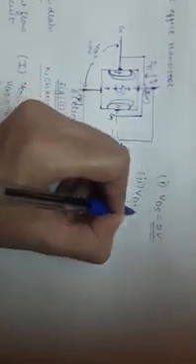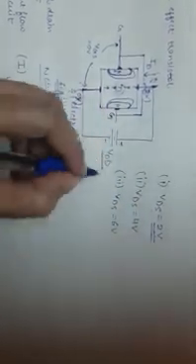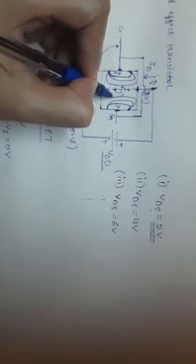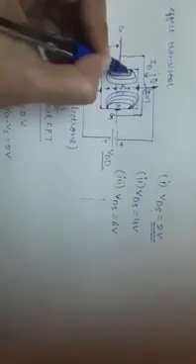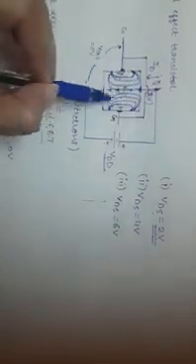So as we keep on increasing VDS, from 2 volt in the first case, to 4 volt, and then to 6 volt, the width of the depletion layer keeps on increasing in this way. Why does the width of the depletion layer increase? Because the PN junction diode is now in reverse bias, so the depletion layer width increases.